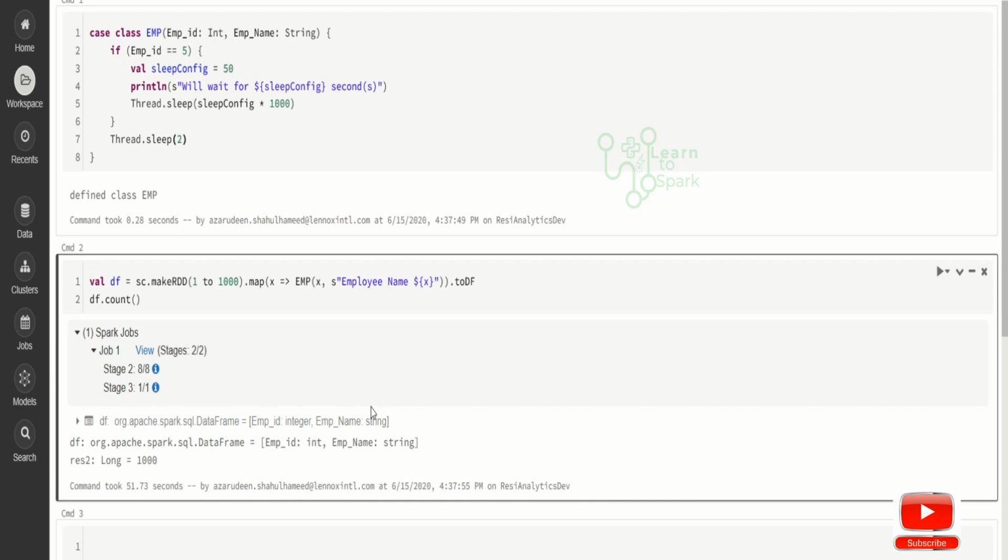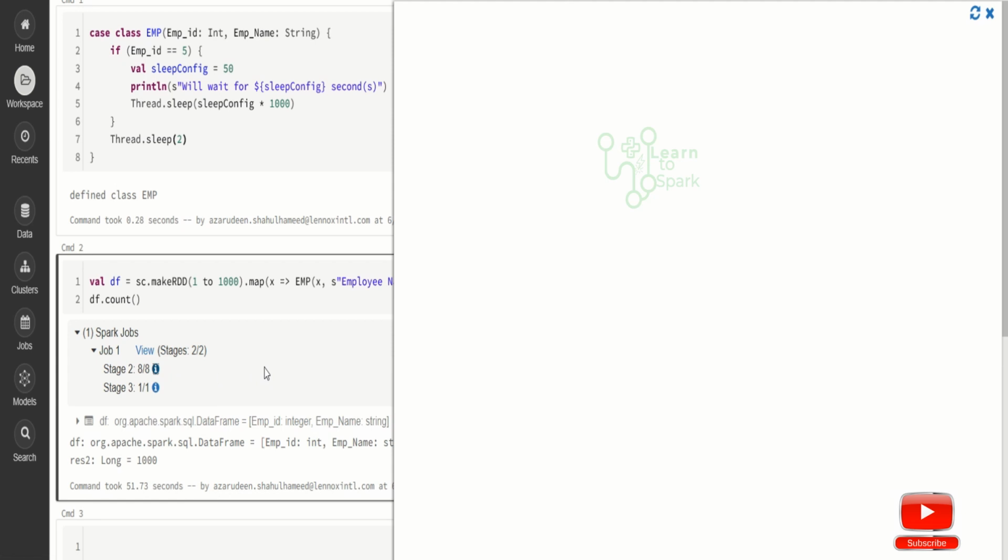Now the task is completed. We can see the same as the previous execution. We have a single job, 2 stages, 8 tasks in the first stage and 1 task in the second stage. Let me click on the 8 tasks.